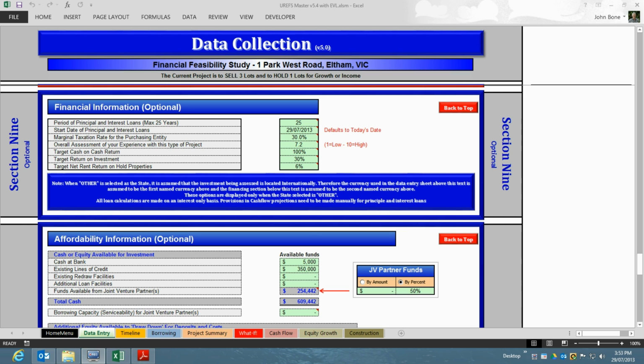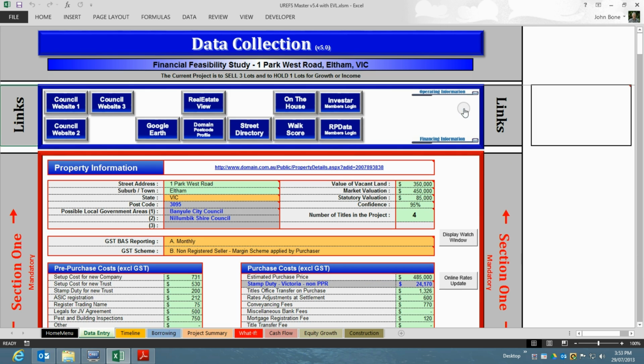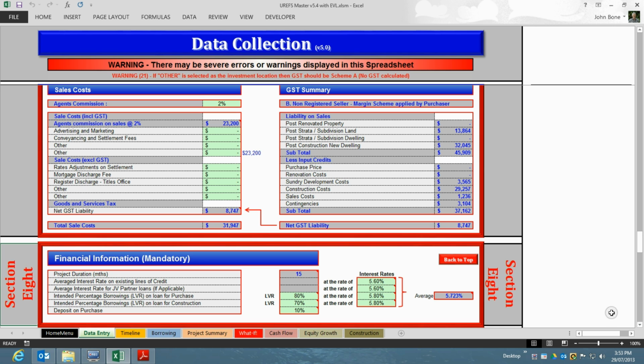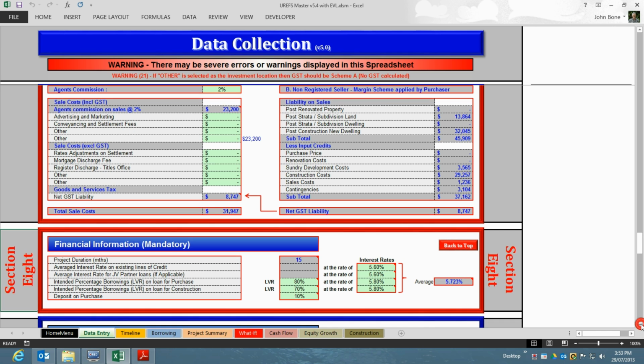One of the benefits of this program is that it allows the investors to invest overseas, and in order to facilitate that type of investment, the program allows for the entry of various exchange rates. At the moment these options are not visible on the screen, and in order to make them visible we need to go back to the top of the screen, and under the state, rather than select an Australian state, we need to select Other. You will notice that this immediately raises an error because no GST will be applied to